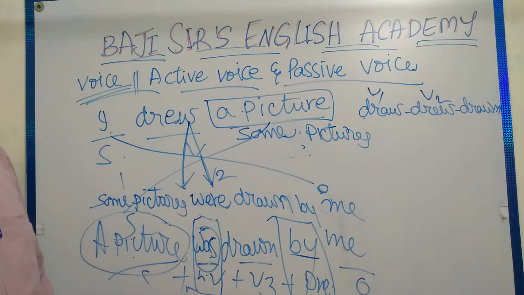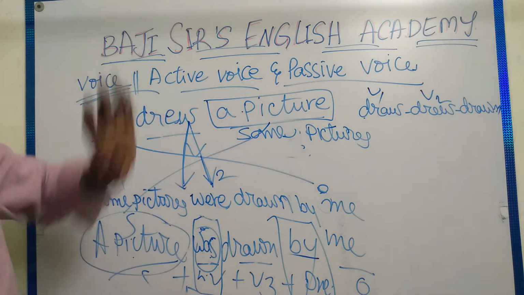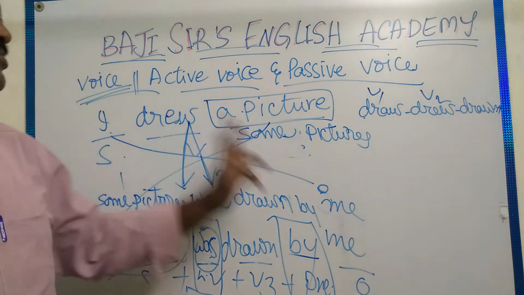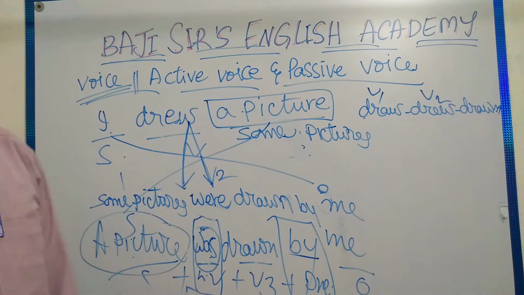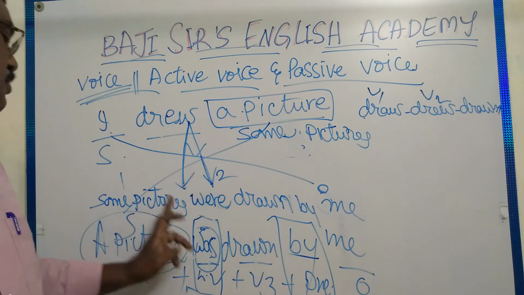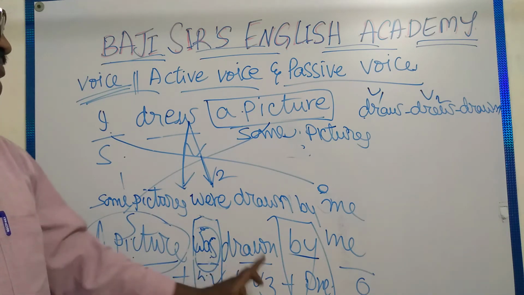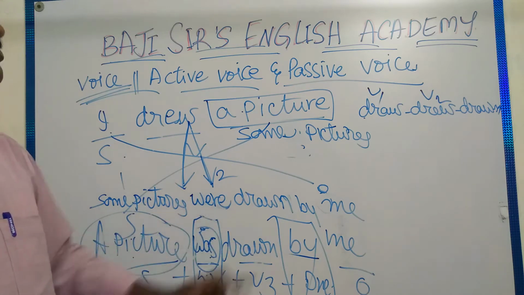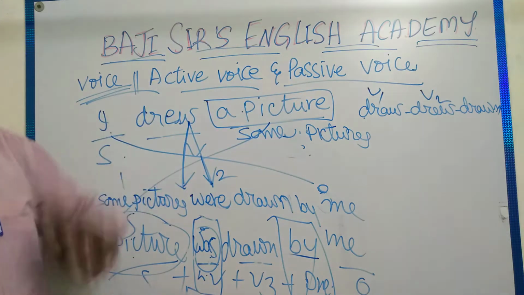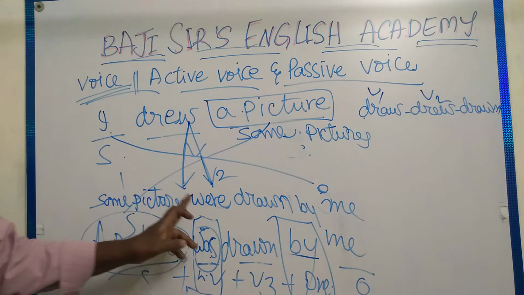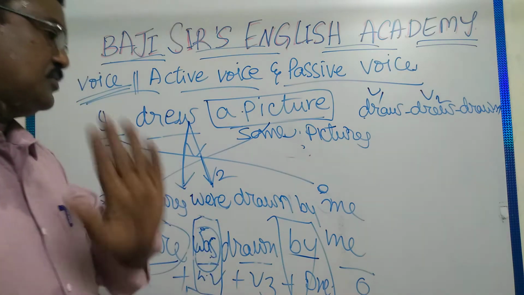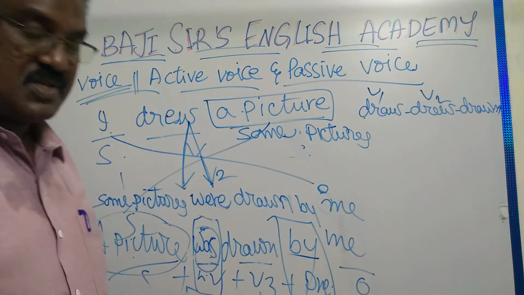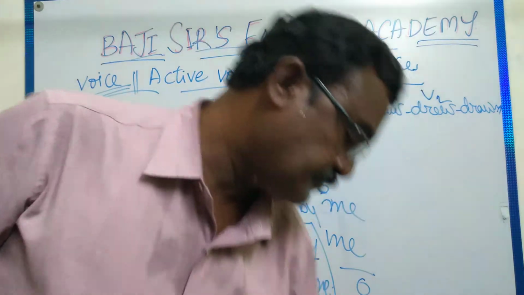So like that, here we have to change subject into object and object into subject. One verb we have to change into two verbs: one be form, one V3. Singular means singular be form with V3. Plural means plural be form with V3. Means by seeing the object only we can understand which be form we have to take in passive voice. Now we are going to change another sentence into passive voice.